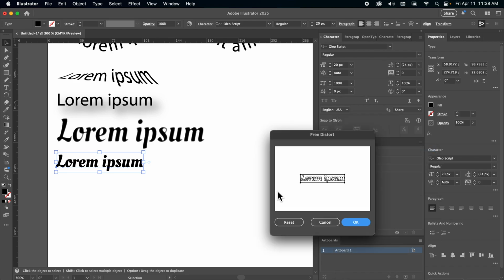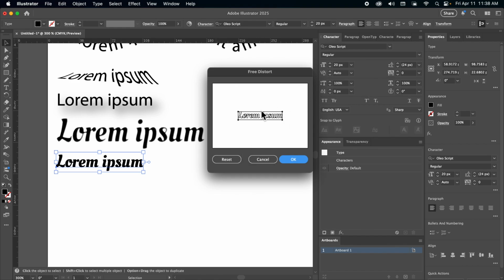Free Distort is going to give you this little window that has a preview of your text and a box around it that you can drag into different angles. This is how you can kind of cheat perspective. I guess it's not really cheating, but you can sort of cheat perspective on your type.